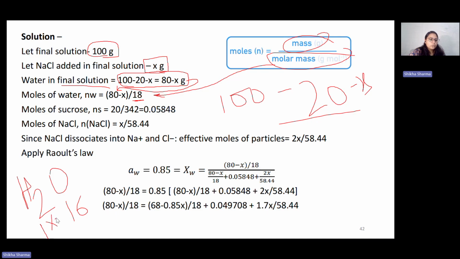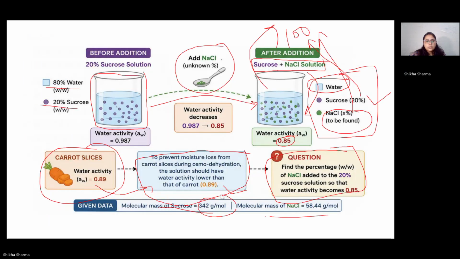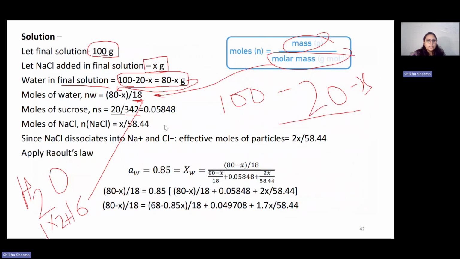So 1 into 2 plus 16, which is 18. So 80 minus X divided by 18 is the moles of water in the final solution. Now moles of the sucrose would be, 20% is the sucrose, so 20 divided by its molar mass. Molecular mass is 342, right? So 20 divided by 342 would be